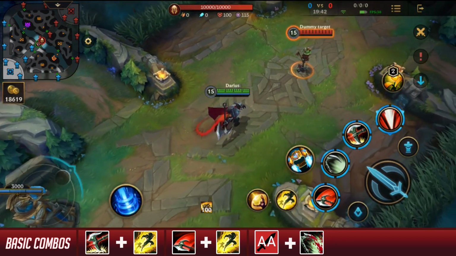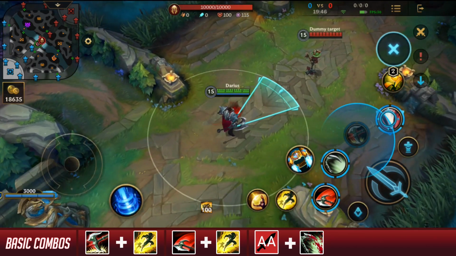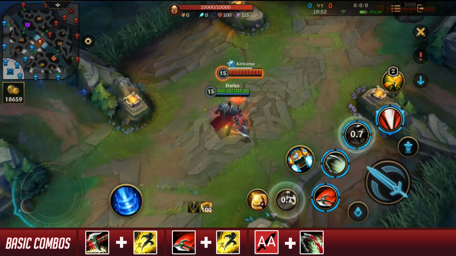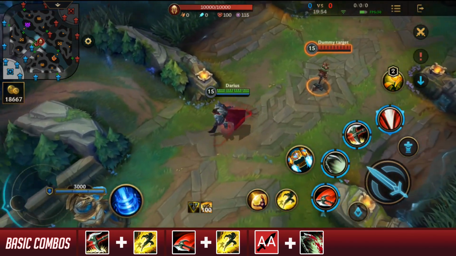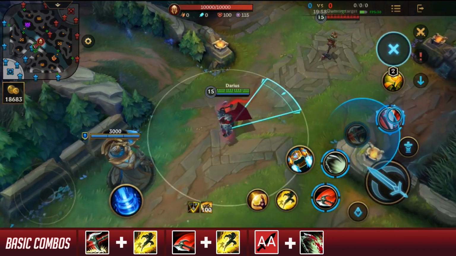So the first combo we're going to be covering is his third skill and then his flash. You want to be using your third skill first to surprise your enemy and then flash. So it looks something like that. And it's going to allow you to extend the range of your hook. It's going to help you, especially if you're fed or you're playing against good players that know to avoid Darius,